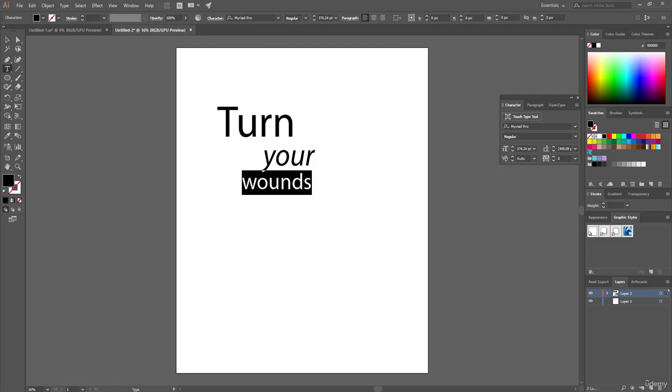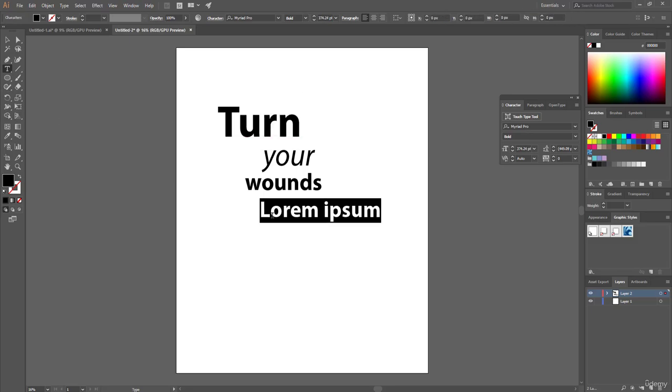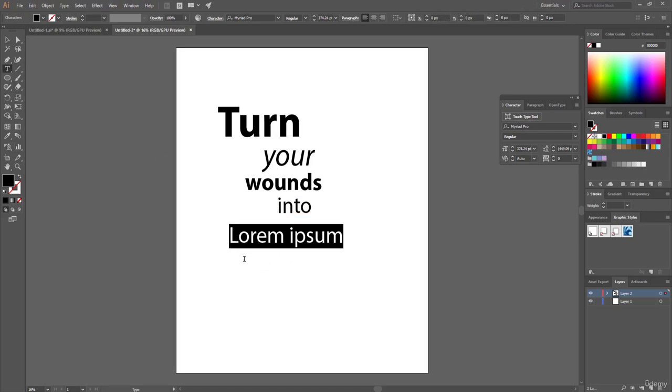Now I change this style and set it in bold, and using the selection tool, I set it here and increase the size a little bit more. Also, I set this text block in bold. Alright, now I select this text tool and this time I type "into" and set style in regular. And finally, using this type tool, I simply type "wisdom"